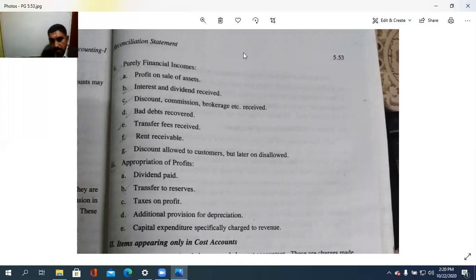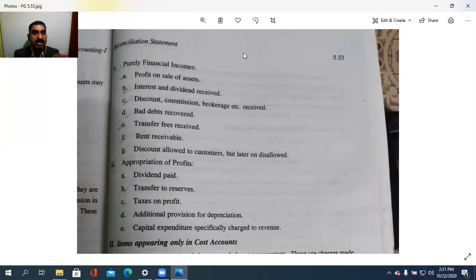And appropriation of profits like dividend paid, transfer to reserve, taxes on profit, additional provision for depreciation, capital expenditure specifically charged to revenue. So these are the purely financial income, gains, and also what is their appropriation of profit, means add up of profit. അങ്ങനെ ഫിനാൻഷ്യൽ ഇതിൽ മാത്രം അപ്പിയർ ചെയ്യുന്ന ഐറ്റംസ്, അത് പ്യുവർലി ഫിനാൻഷ്യൽ ചാർജസ് ആകാം, എക്സ്പെൻസസ് ആകാം, ഇൻകംസ് ആകാം,